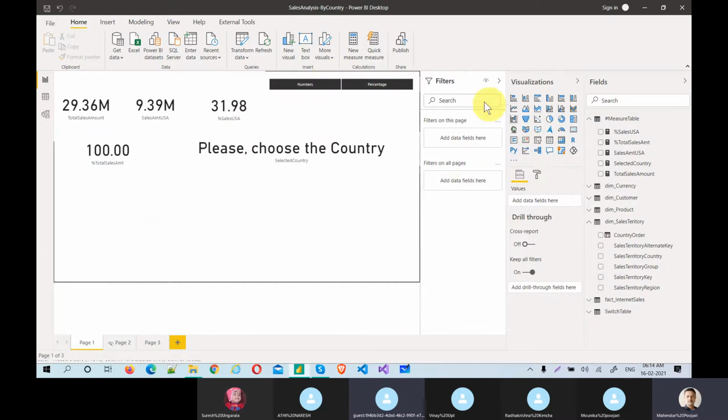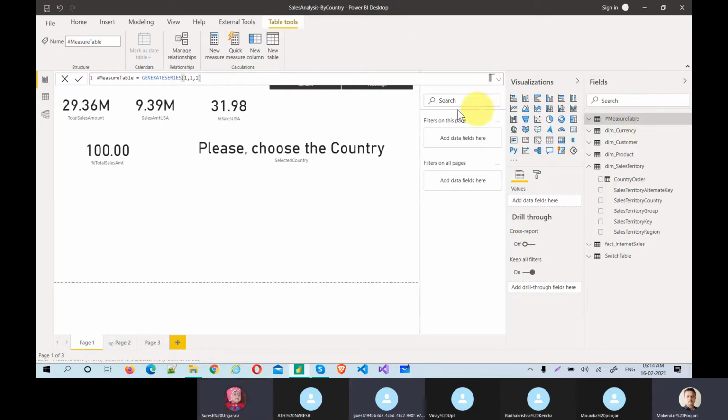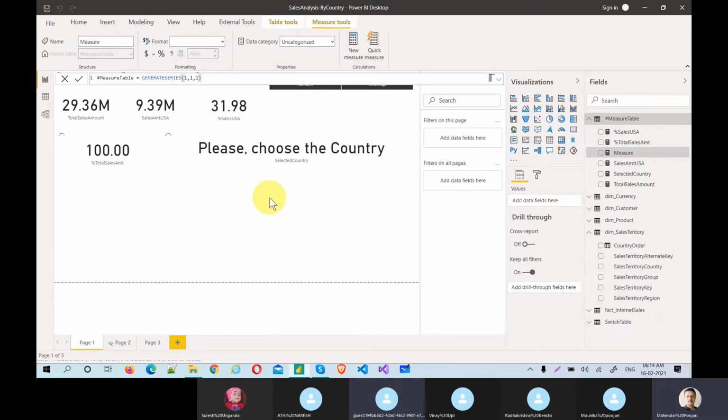For that, I am going to create one more measure. I am choosing this measure table and then clicking new measure. This time I want a measure like number versus percentage.